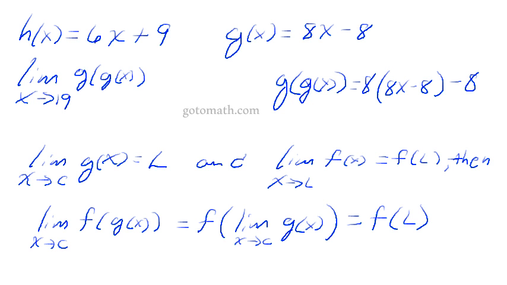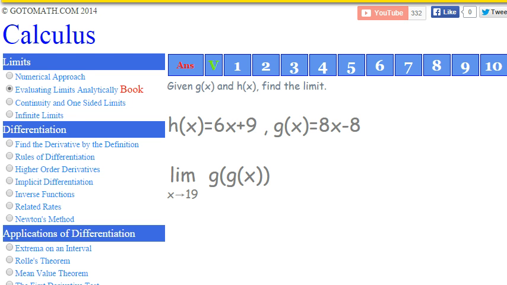Okay, so let me just go over to the page here. So in other words, if we took the limit of this guy as x approaches 19 and then took that answer and then plugged it in to our g of x, that's all we got to do. So let me just